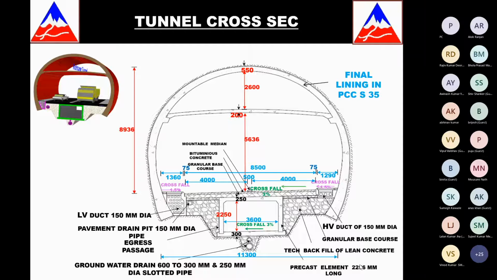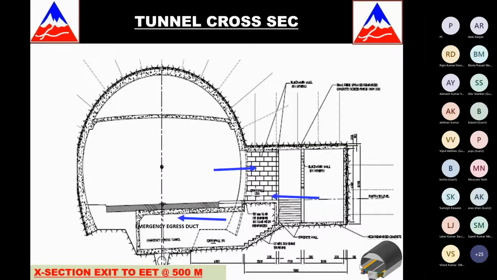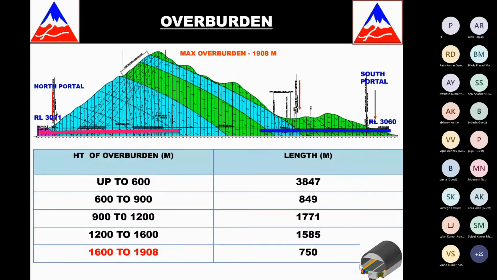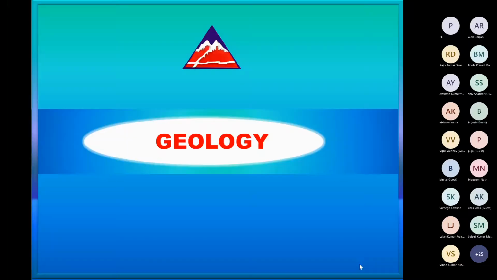So we had poor rock, and on top of that, we had such a big cross section because there was semi-transverse ventilation. We had to give a ventilation slab, and we had an escape tunnel below, so three tiers: the ventilation tier, the main carriageway tier, and the escape tier. In even poor rock conditions, because this became fully circular, this made the tunnel extremely challenging. Every 500 meters we had an access adit to come onto the emergency egress duct. Overburden varied from just about 150 meters to 1900 meters.